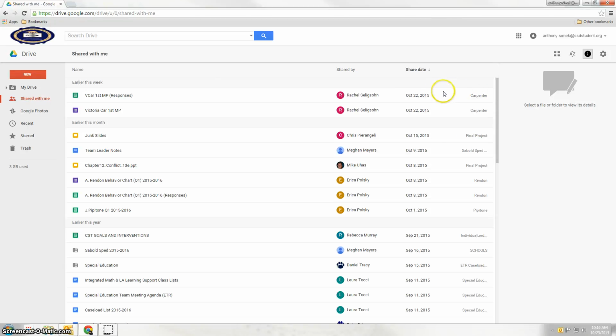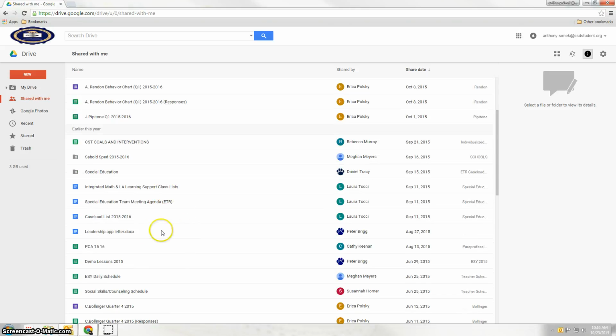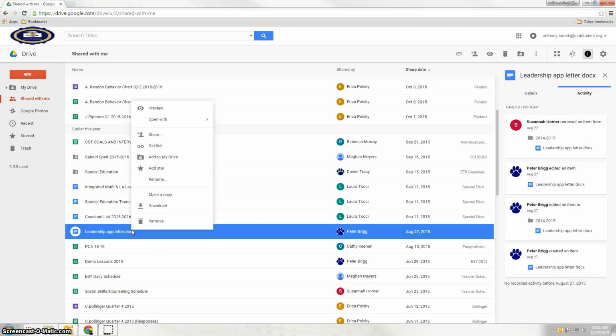So once a file is shared with you, you can move it into your Google Drive simply by right-clicking it and then moving it to where you want it. I'm going to show you what that looks like. So this letter here, I can see I never moved into my Google Drive because there's nothing listed over here. All I have to do is right-click on it,